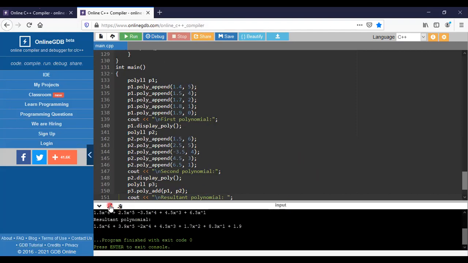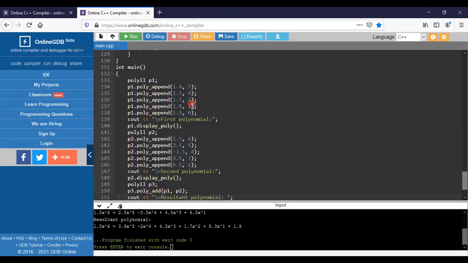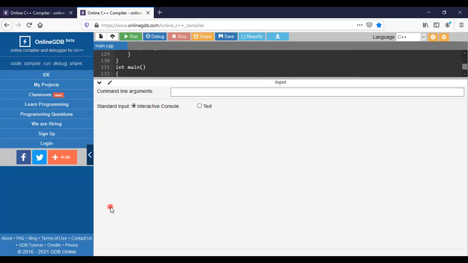In this representation, the first polynomial has 5, 4, 3, 2, 1, but I didn't mention the third one. I just gave the values 0, 1, 2, 4, 5. That's all. So I missed the third one.